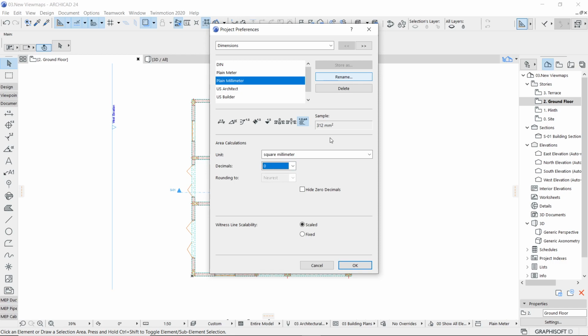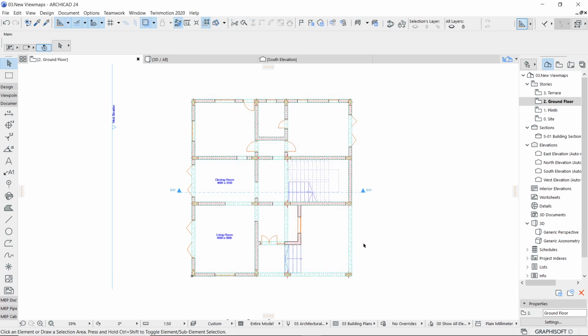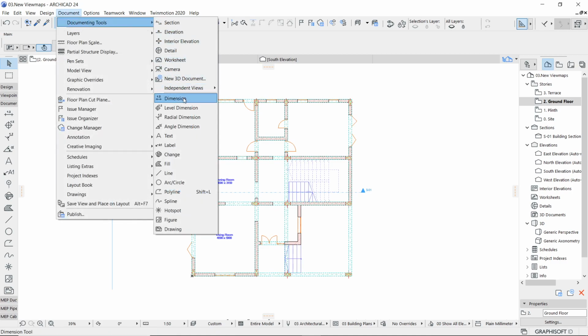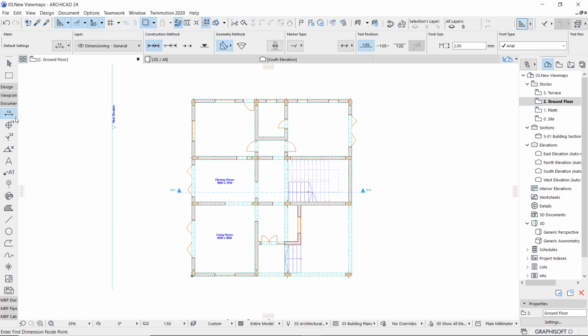Right now I'm not going to do anything over here, but make sure that your required dimension style is designed, and then just click on the OK button. Once this is done, this controls the display of the calculated distance for the dimension. But how the appearance of the dimension line, its text, and the type of the arrow looks, you are going to control from the dimension tool. So whether you go in the pull down menu, Documenting, Tool, and then there is Dimension, or otherwise you can even take that from here also in the toolbox.